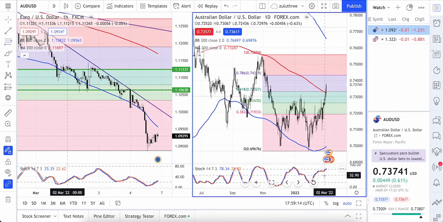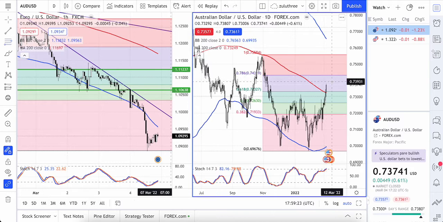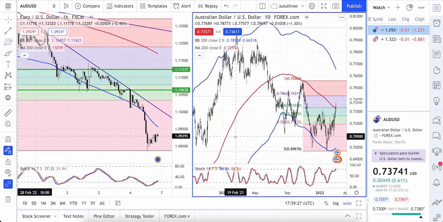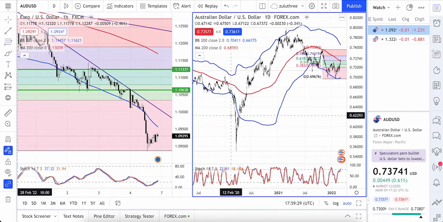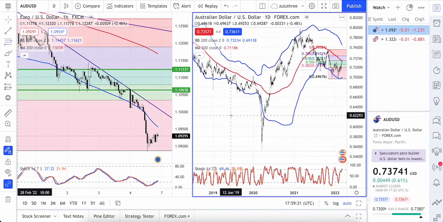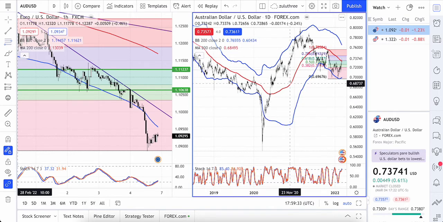Yes, we are overbought. This is the daily chart, remember. We are overbought on the daily stochastic, but we're in between levels. So either we're going to head higher to the top of this purple line. Remember, we're in an overall downtrend. Not a very long-term one. We've had quite a lot of